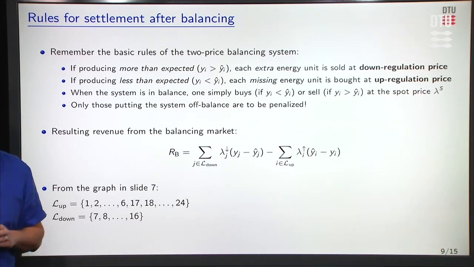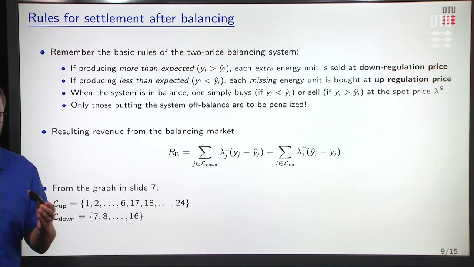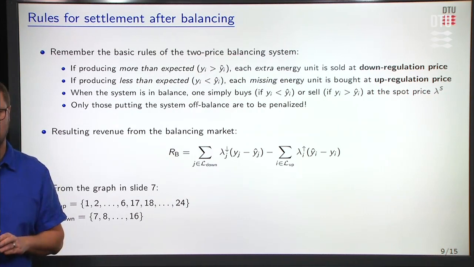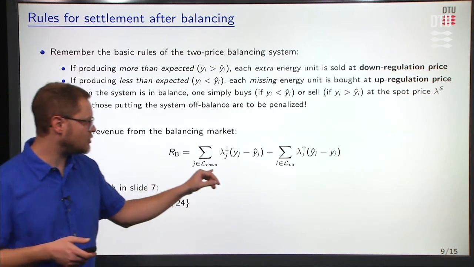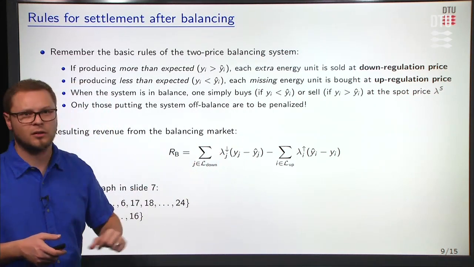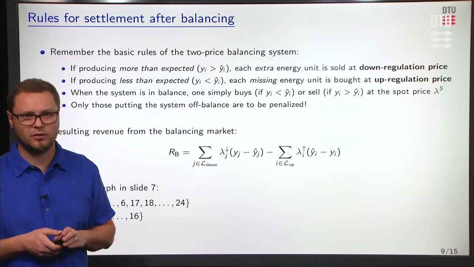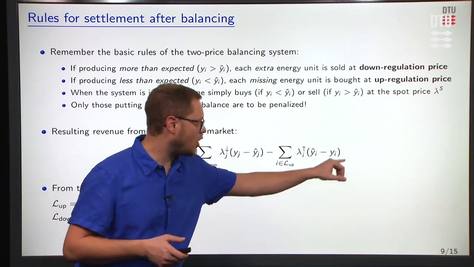Again, when the system is in balance, we only consider the spot price. Also, in principle, with this 2-price settlement mechanism, only those putting the system off balance will be penalized. The resulting revenue from the balancing market will be a combination of the down-regulation related revenues minus some cost for